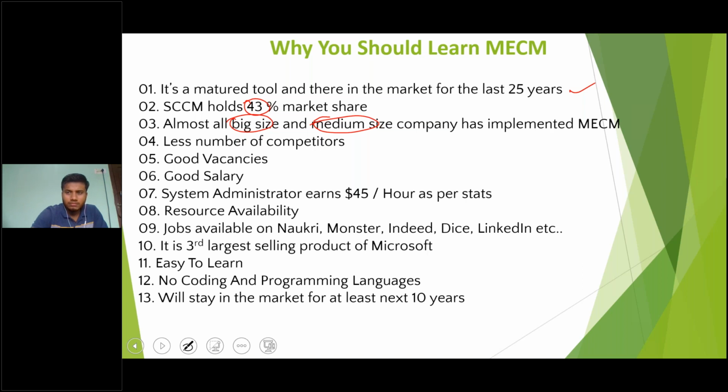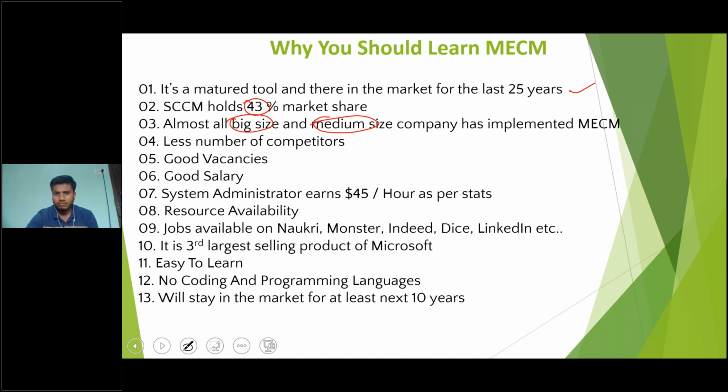People are using Windows devices all over the globe, right? And in order to manage devices, they need some tool, and SCCM is the best tool for that. That's the reason almost all big size and medium size companies have SCCM to manage their devices.